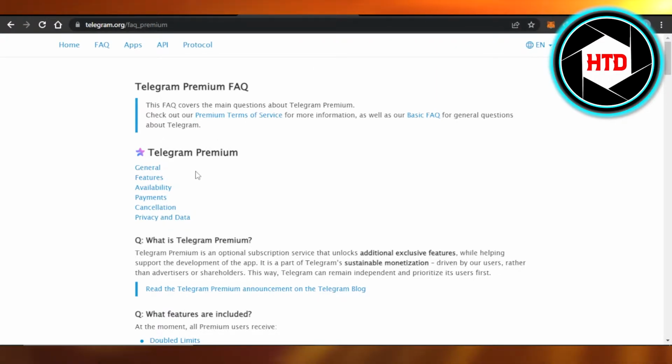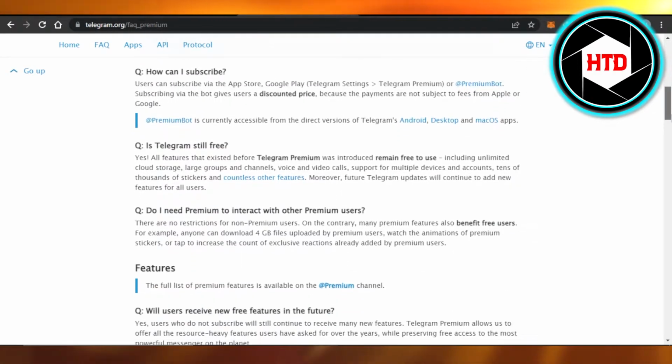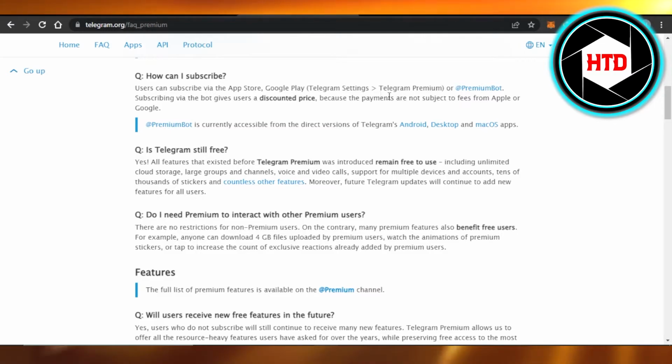You will open up your Telegram, and after that you have to go to your Telegram settings. Once you get to your Telegram settings, you will find the Telegram Premium option. Click on Telegram Premium, and then you have to enter your payment method details and you will be able to